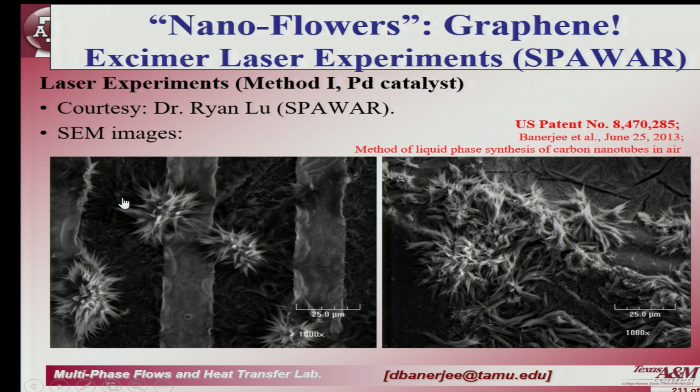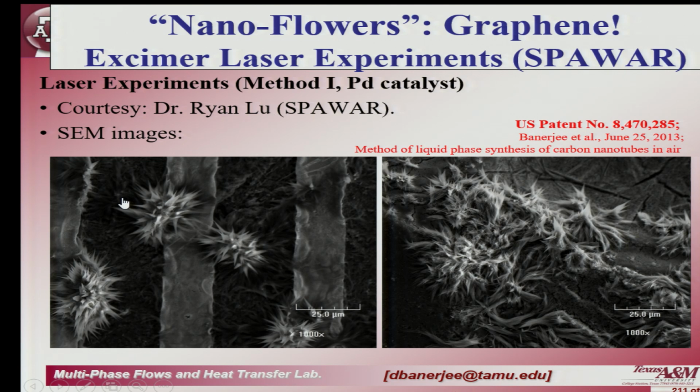So we were expecting to get carbon nanotubes, we ended up with graphene, and here we took an IR camera and we measured the temperature of that substrate, and we knew from the IR camera measurement that the substrate temperature never went above 120 degrees Celsius. Okay. So now we have a procedure to make both carbon nanotubes and graphene under room temperature conditions, because we